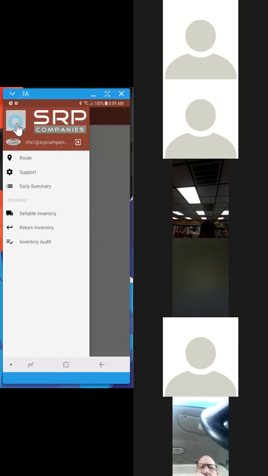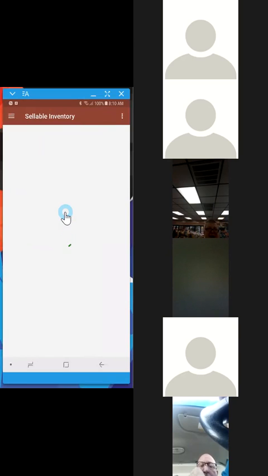Let's go back to the main navigation menu. Okay, and these next things we'll get into in some more detail later. But just briefly, this section has everything to do with your inventory. So in sellable inventory, this will show all that NetSuite thinks that you have in your inventory. If you would just click on that one, the sellable inventory. When you get into that,